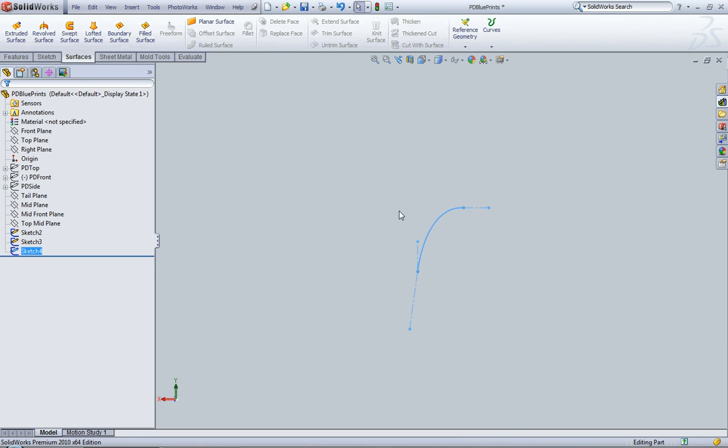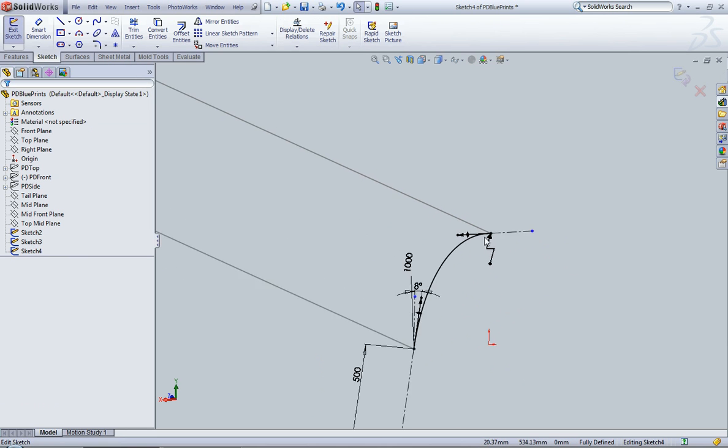Alright, I'm going to exit out of that sketch, and if we look at this, we now have that one spline on the back edge, and actually, hold on one second. Let me go back in here and